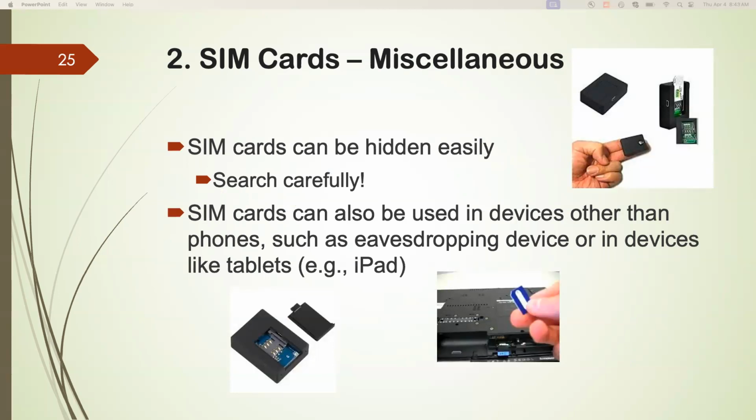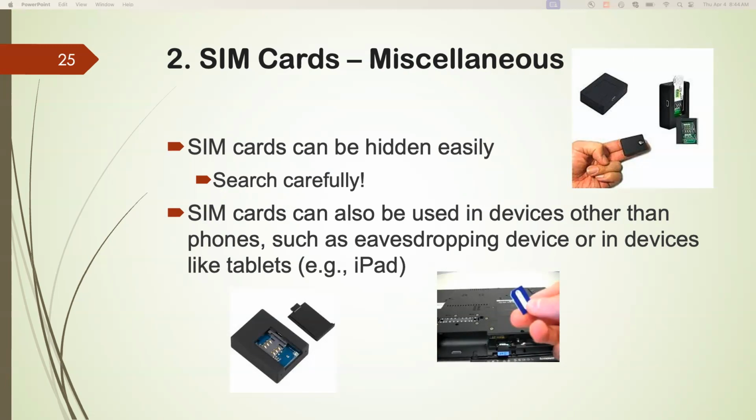The next thing is SIM cards. There are different types of SIM cards. If you have seen nano SIM cards, they are very small. So it is very possible that the user might be carrying multiple SIM cards, but you only confiscate one or two and the others are hidden. So make sure when you are collecting the evidence, you collect all the SIM cards